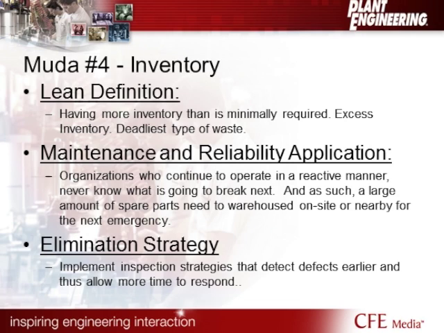So what do you do? You start to try to detect those defects earlier. And again, I'll reach back to predictive maintenance because I think it's so crucial to this idea of lean maintenance moving forward, because predictive maintenance buys us time. And I'll show you a little more about that in a few slides. But the whole idea here is if I'm using a predictive technology, I'm identifying that defect very early on, what we call the P to F curve, which I'll show you shortly. And by doing that, that gives us the time to both plan and schedule the work, but also get those parts from an outside vendor. So when we get those parts from an outside vendor, they're sitting on their inventory, not ours, and they're not tying up our capital. So now we'll move on to the next slide where we'll talk about muda number 5.